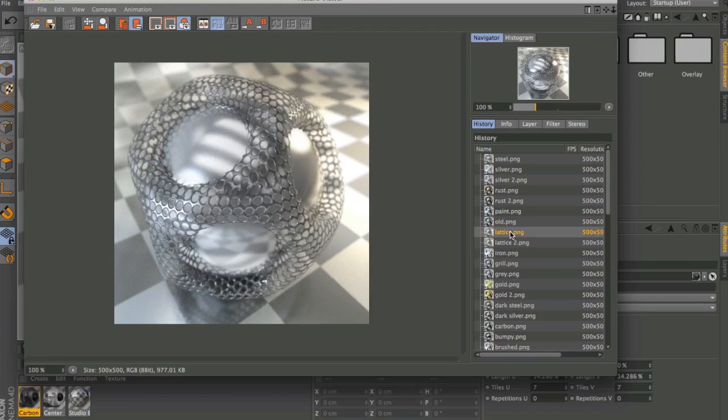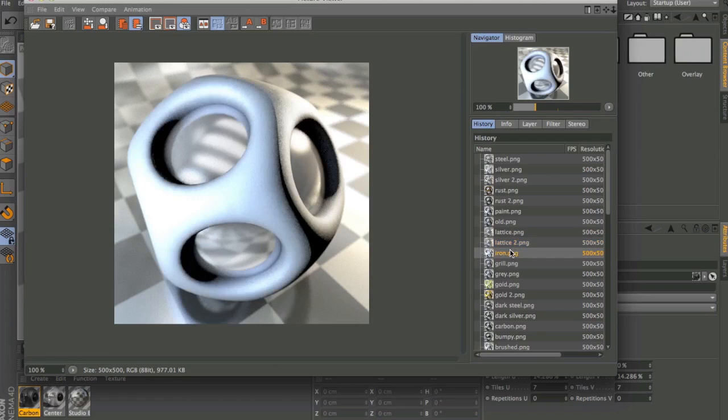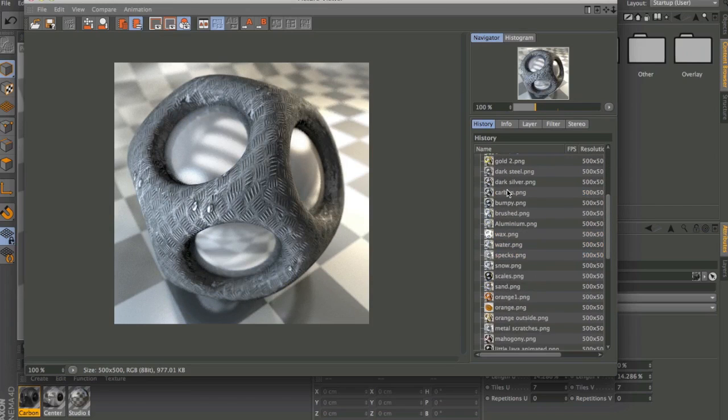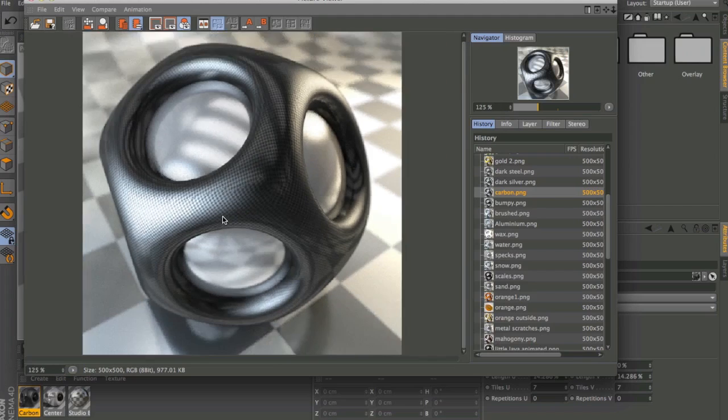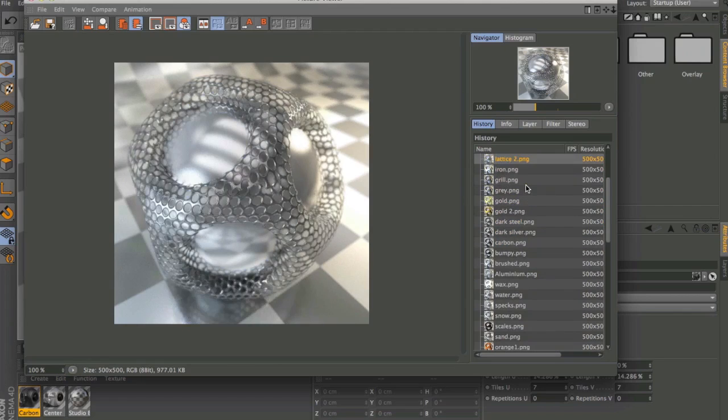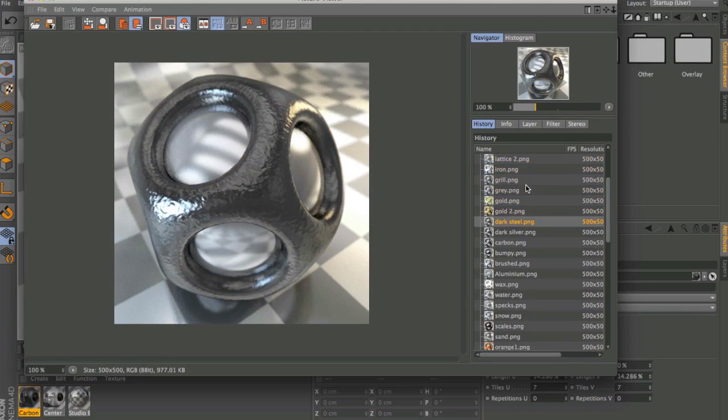We have some lattices if you wanted to use a grill, iron. We have another grill here, and then going down we have the carbon fiber one. You can see all of them have beautiful specular hits, all very natural. I looked at what all these materials looked like in real life, tried to match them up as well as possible, and all of these materials are lit with the exact same lights in the exact same scene, so you can see they're so interchangeable. You can just throw one on and render it out, and it'll look just as good.